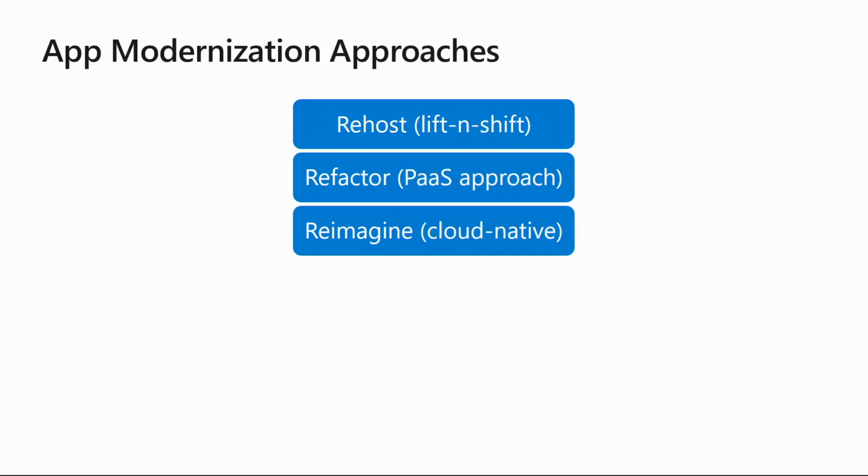I think everybody understands this. The other approach, of course, is the refactor part, where you can opportunistically take parts of your application and PaaS enable them. So if you have a database, maybe you can go to Azure SQL Database. If you have a web application, maybe you can move it to App Service. So that's the refactoring approach. And then, of course, if you've decided that this is a mission critical application and you have to constantly keep changing this application and you're seeing more requirements, maybe it is time for you to reimagine that application and start taking advantage of cloud native technologies like serverless and Kubernetes. So those are the common approaches we see.